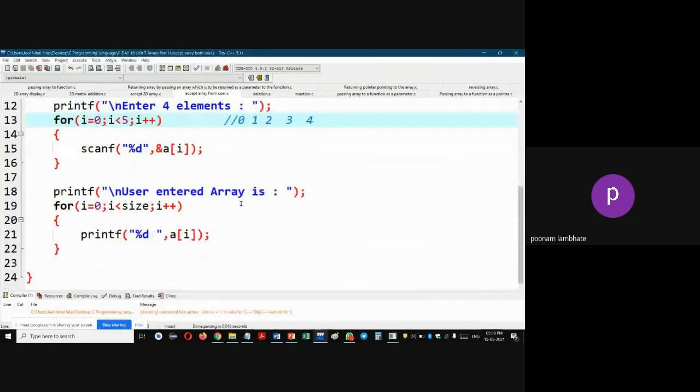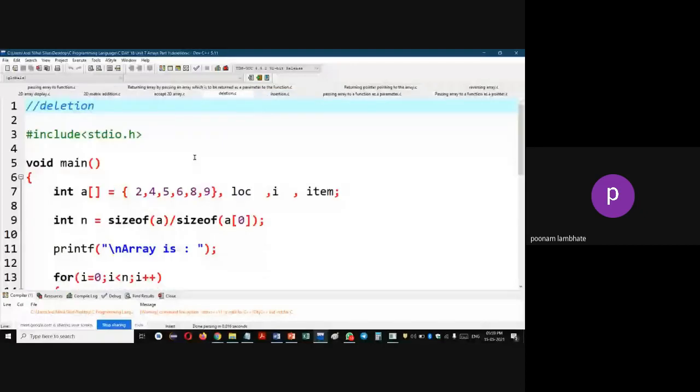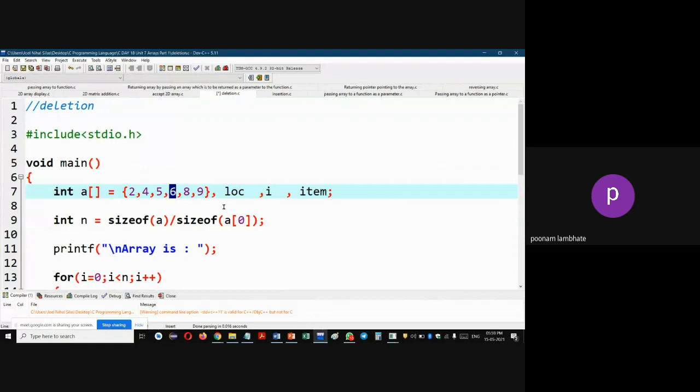Now the next program that we can understand is deletion of an element from an array. See here, if you want to delete an element, it is not that you can delete any element randomly so that place will get filled with 0. Whenever you delete an element, whatever elements are after that element should be shifted forward. For example,